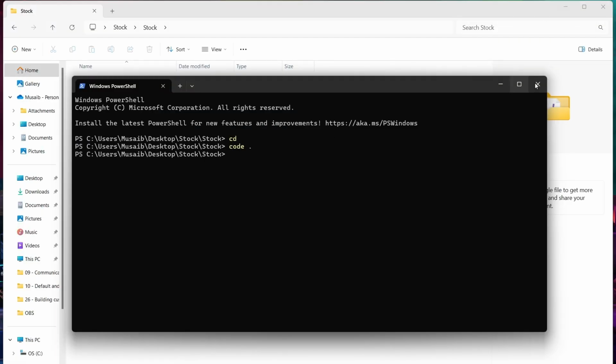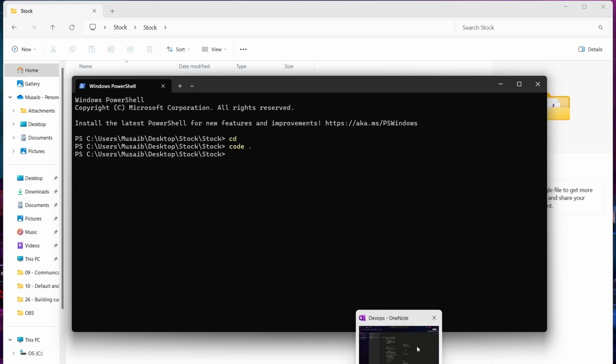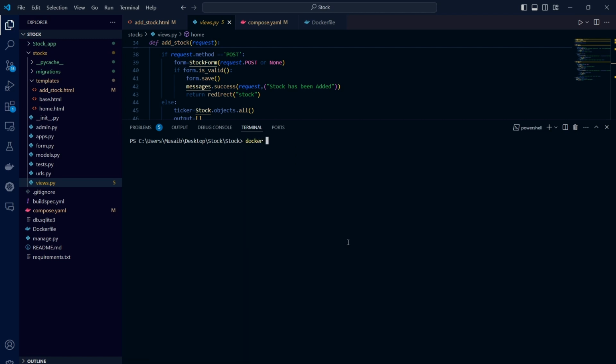So now what we can do is, so it is running here. Okay, Docker prune. Docker what is show component